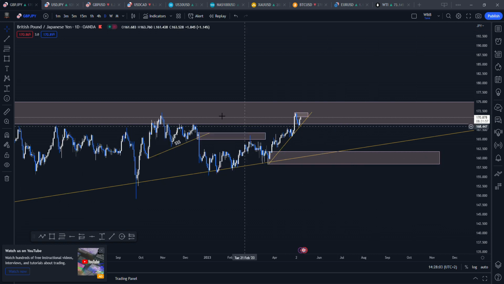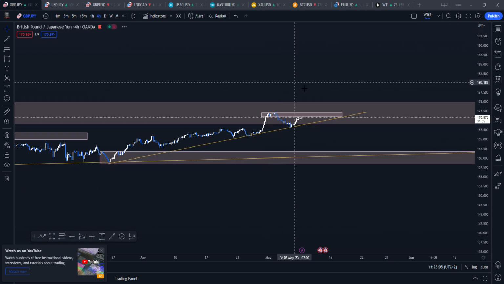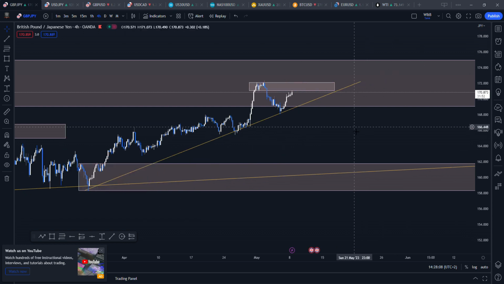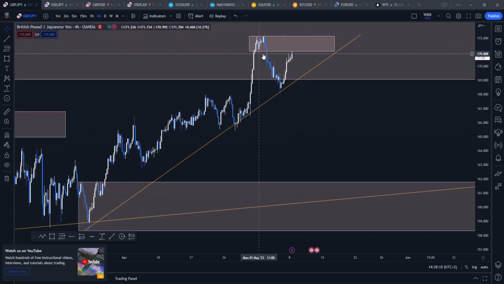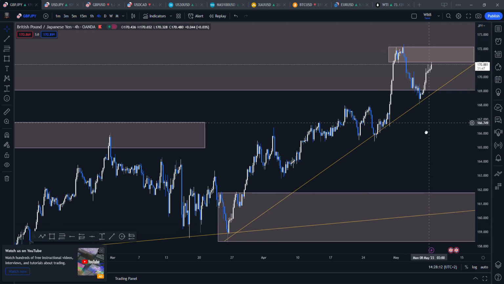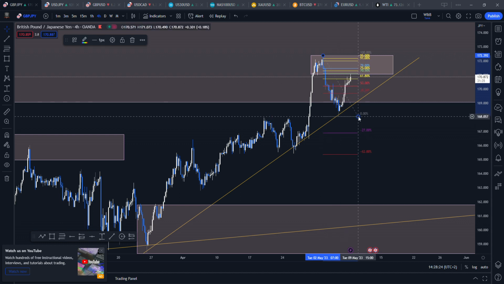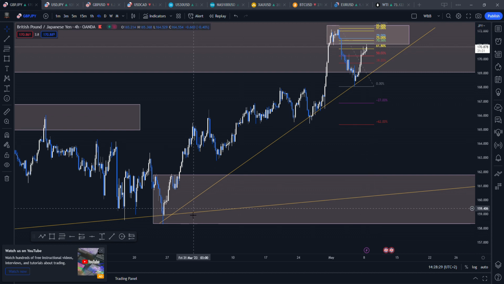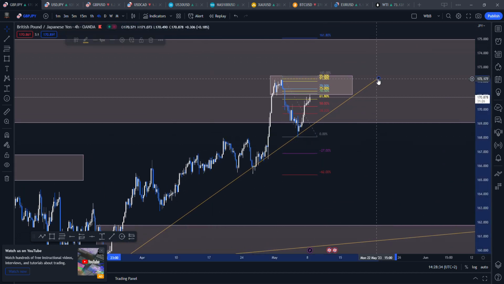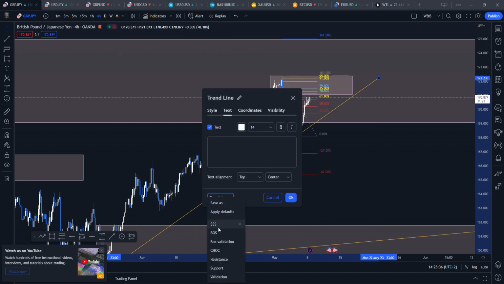Okay. So 4 hours, what are we seeing? We can see it is rejecting from this. So on a 4-hour trend, this entire area is a supply zone, and we might take it up, and we will use a fib level to confirm. So people will say, how do you know you're selling in an uptrend? Well, let's not look at it like that. Let's look at the liquidity that is there below it. We'll mark this as a liquidity trend,